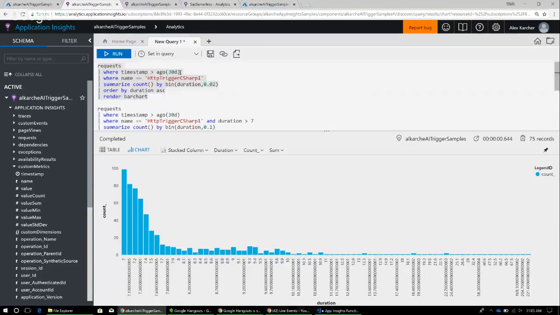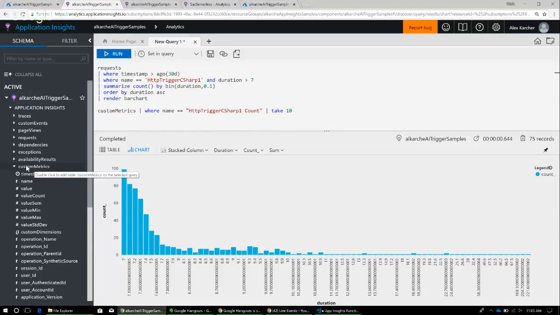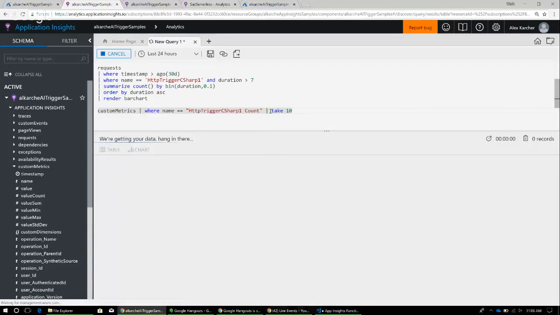One of the other bits of information that is super useful as you're monitoring your function is this custom metrics field. I don't know if many people know it, but when you emit logs to App Insights, you pay per byte that you write to App Insights. So once your function starts writing a bunch of logs, we start sampling the logs. So you get like 4 logs a second, or every 1,000th log gets logged to App Insights. And all of the other data that doesn't get logged, we sum together and put in the custom metrics table. So I'm going to query this to get just 10